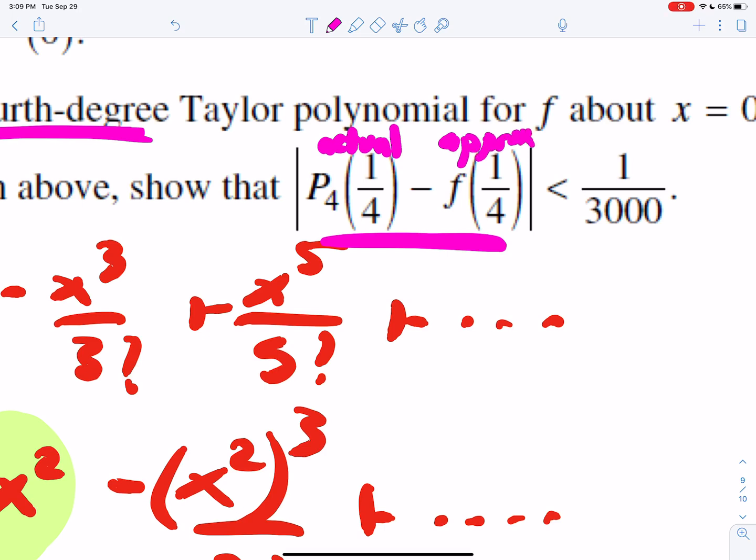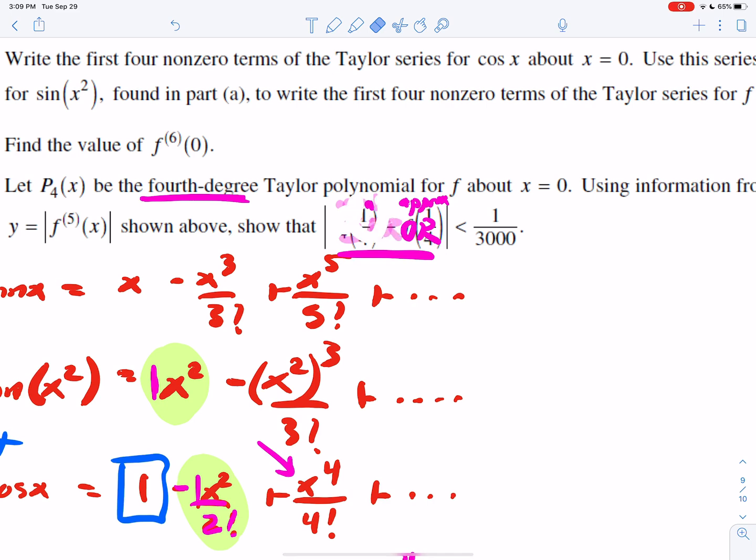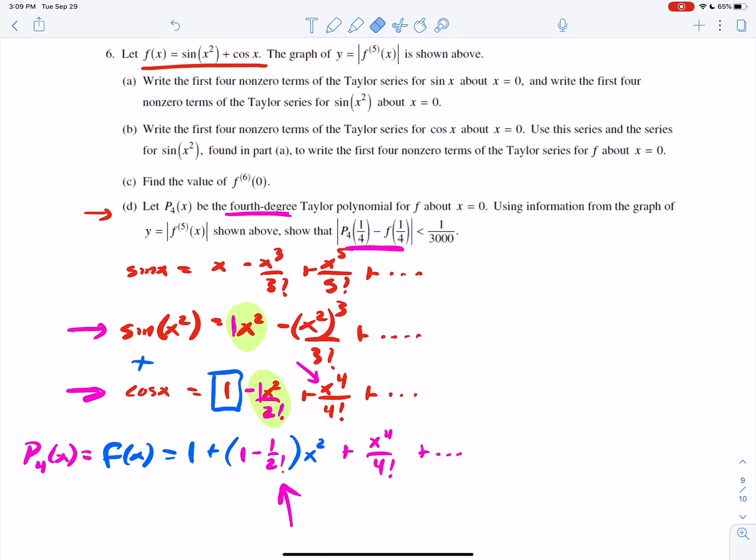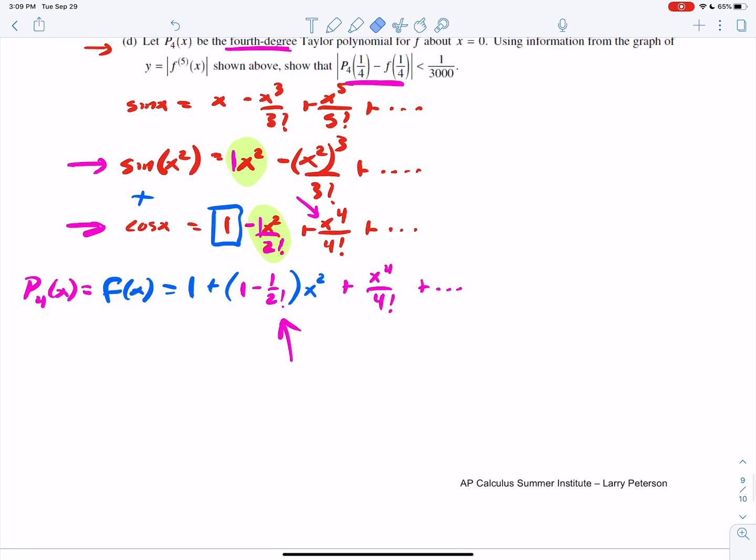That's code for error. All right? So, here we go. So our error, p sub 4 of x minus f of x, will be less than or equal to